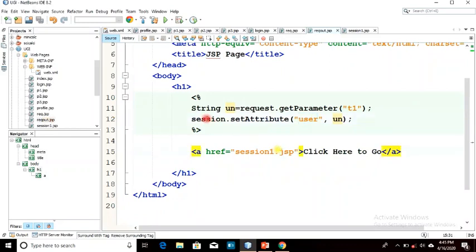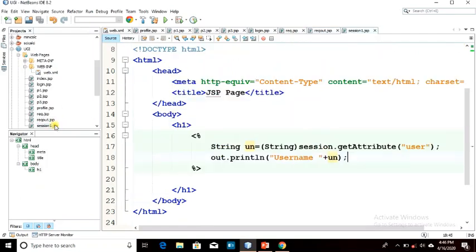In this particular part I have extracted the value with the help of the request implicit object and stored it in the variable un, and then we have created a new session variable with the name user, and this value is stored in this session variable. And then we have a hyperlink to visit a new page, and when this hyperlink is clicked, it will be redirected to this page. And here I've extracted the session variable with the help of the session variable name, stored it in this username and printed it. Okay, so this is the flow in which I can set and get the session attribute.